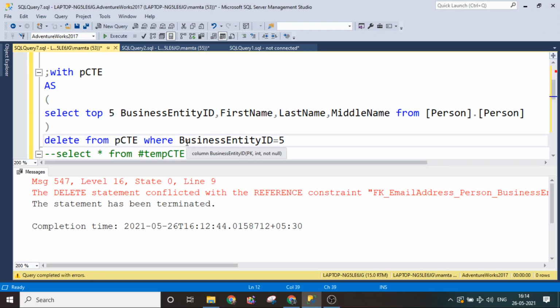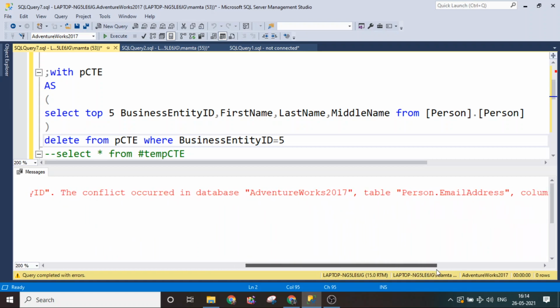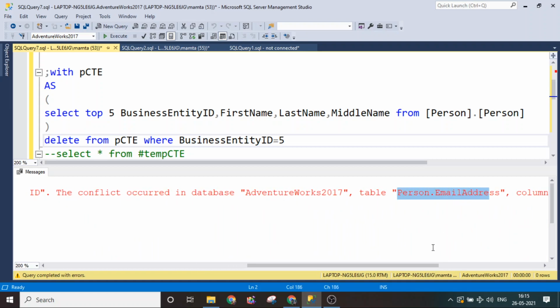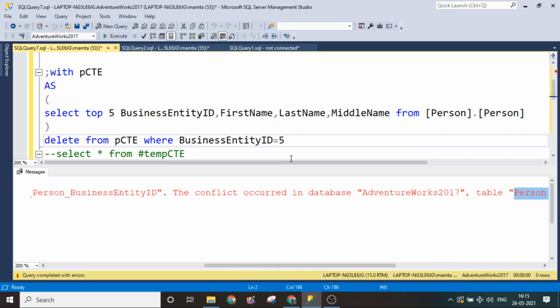Here I'm trying to delete the record from the person table, but I'm getting a warning, because there is a foreign key constraint on email address person business identity. It says that if you want to delete this record, first you need to go to the email address table, delete the corresponding record there, and then you will be able to delete this record from the person table. There is a list of constraints attached to this table, because I am dealing with the AdventureWorks person table.